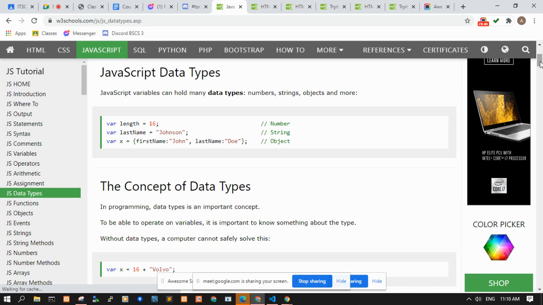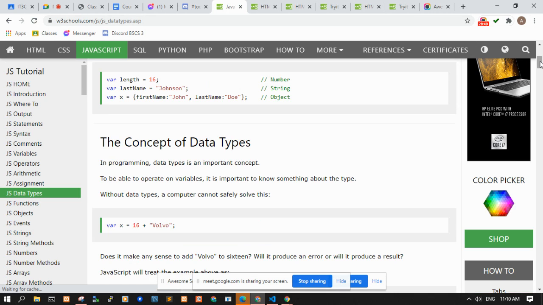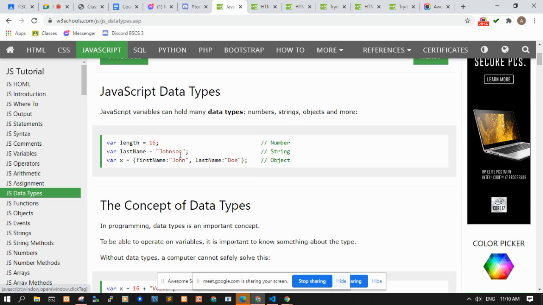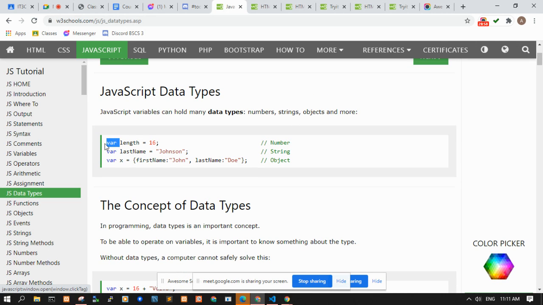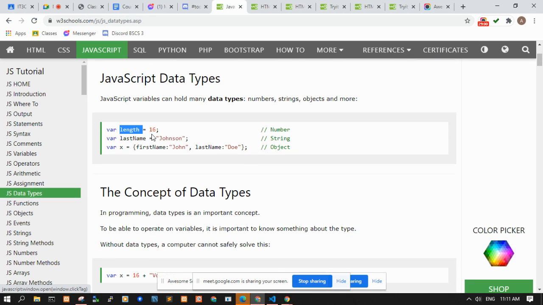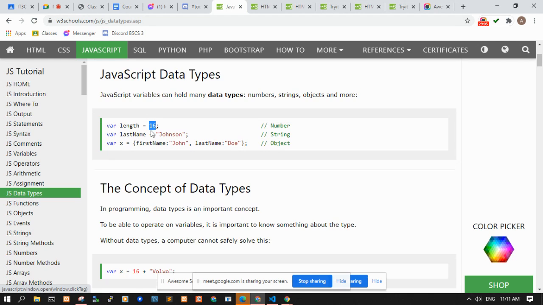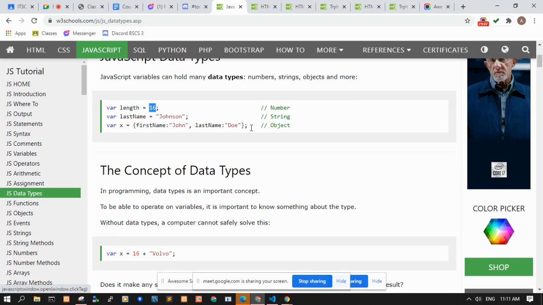Meaning, the data types are dynamic. Okay? You can just declare a variable with a name and assign any value to it. You can assign a number, a string, or an object.